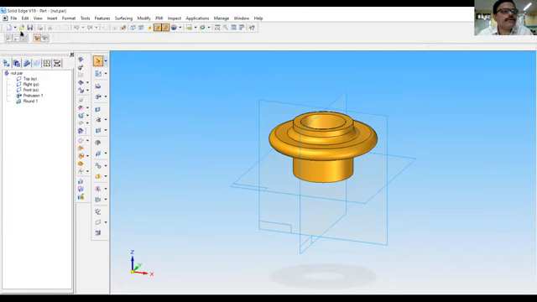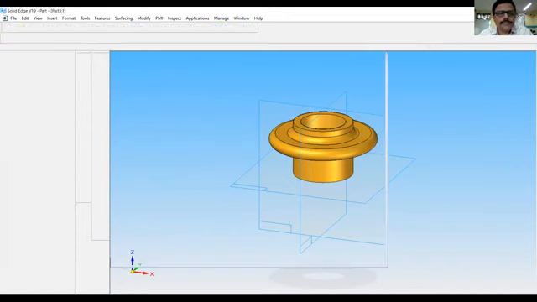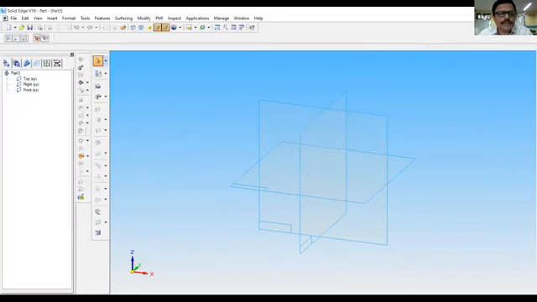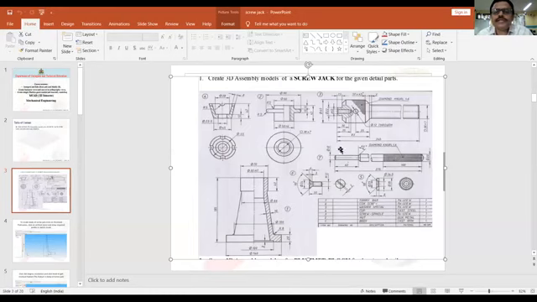Now to do the next part, go to solid part. What is the next part? The next part is the screwed spindle. You can see that here. Its overall length is 240 mm and this length is 11. This is 13. So let us draw the basic profile of the screwed spindle.